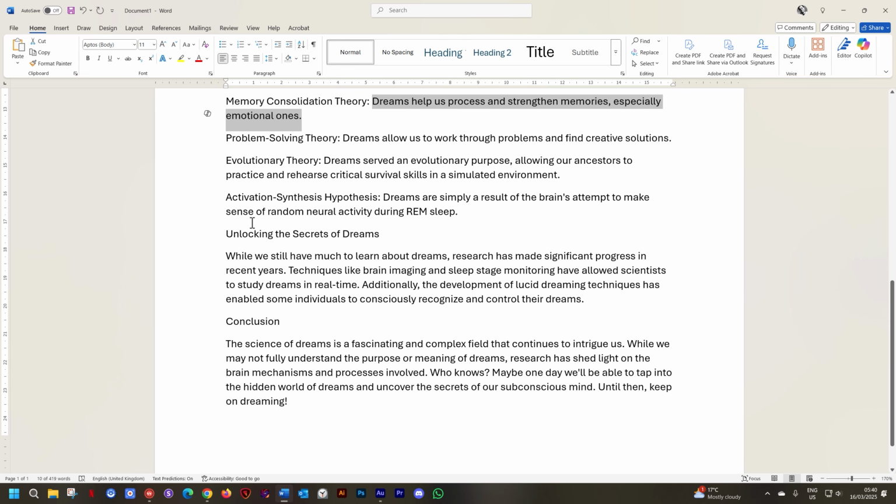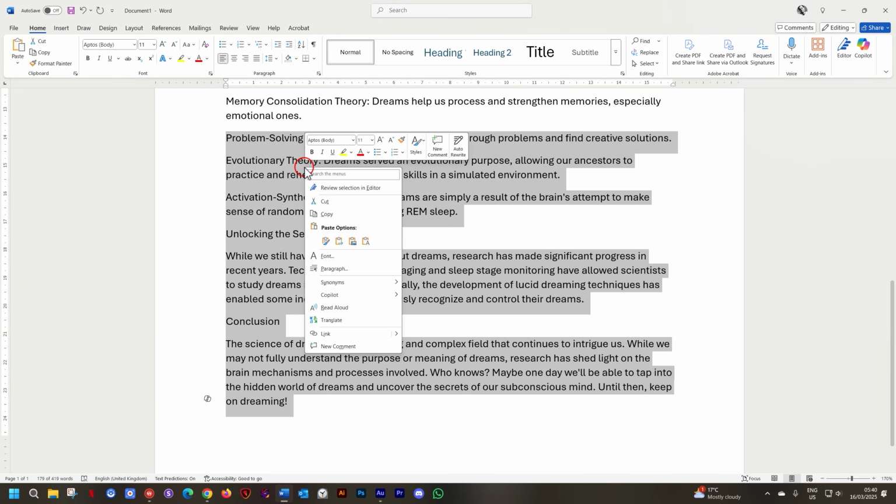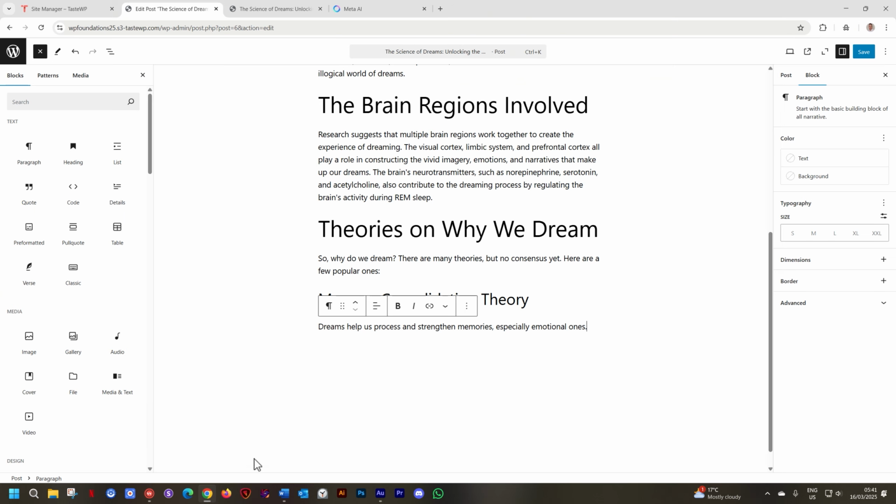Now, this is the rest that we have here that I haven't brought in yet. From problem solving, which is H3, it's a subheading, and then we have 2 more sections here, unlocking the secrets of dreams and conclusion. Instead of copying each one and creating a block every time for them, I'm going to copy them all. We hop back into WordPress, and I'll just click here, and I'll paste them.